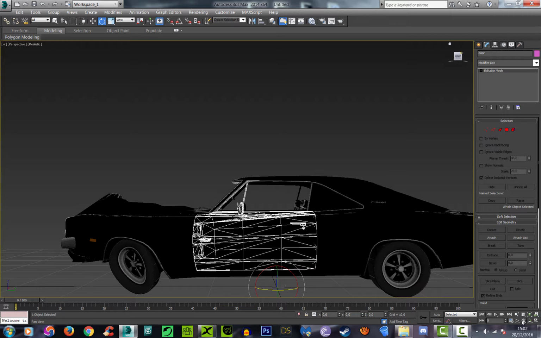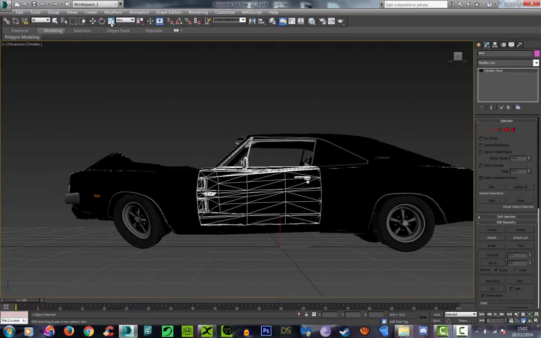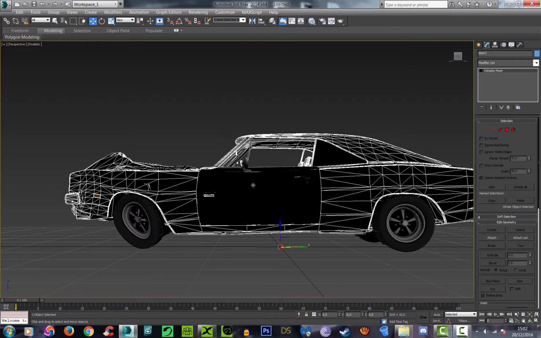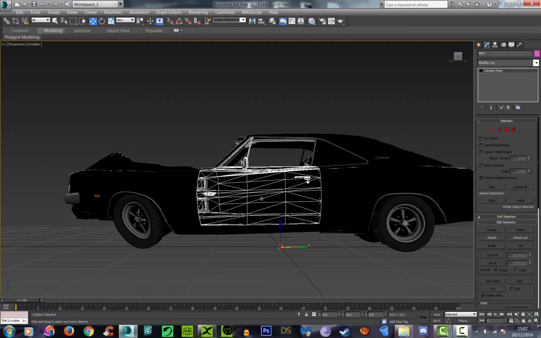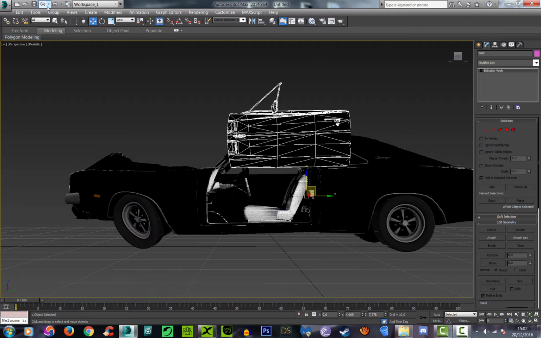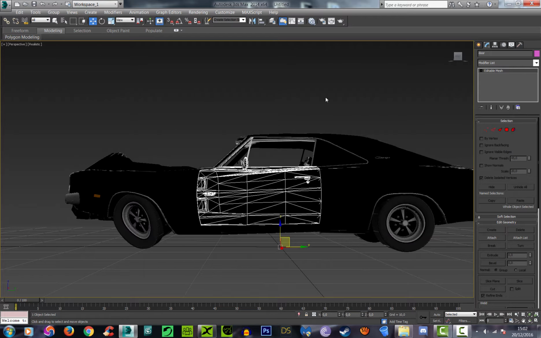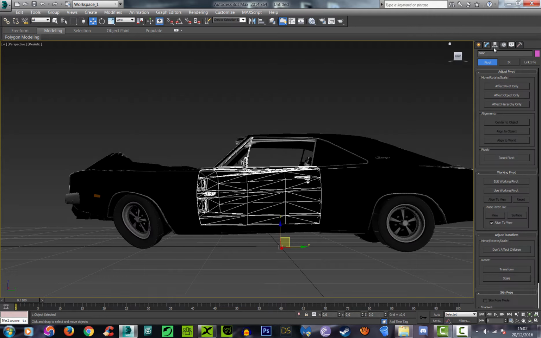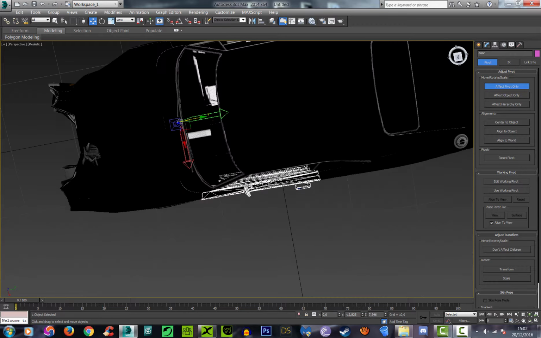Of course, if I select the door right now, the pivot is completely off, so you can move it like you can see. To put the pivot back in position, you go to affect pivot here and move it to the side